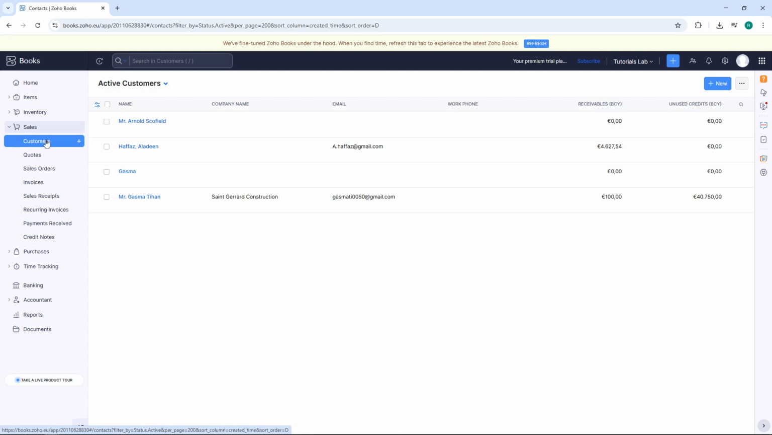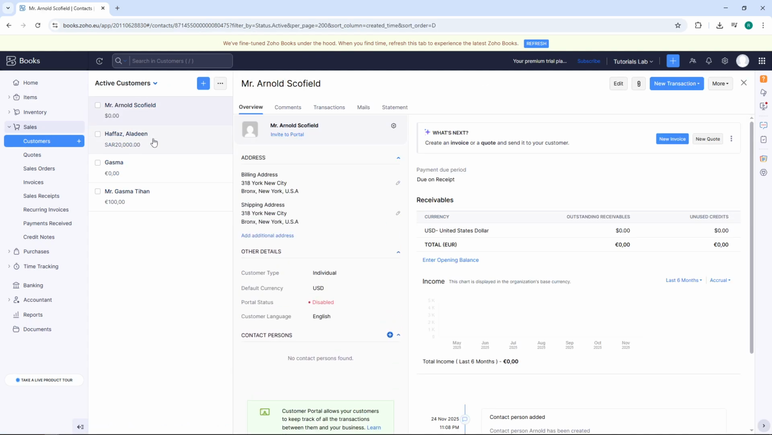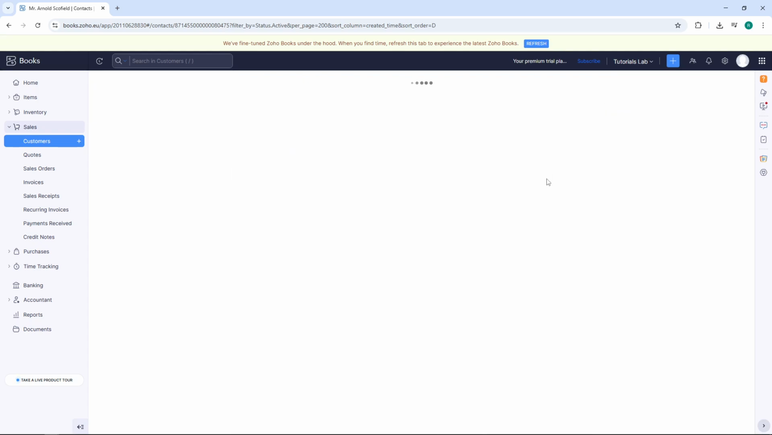Next, browse through your customer list and click on the existing customer you want to edit. This could be any customer who needs updated billing or shipping address information. Clicking on their name will take you to their customer overview page where you can see all their details at a glance. On the Customer Overview page, locate the Edit button positioned at the top right part of your screen